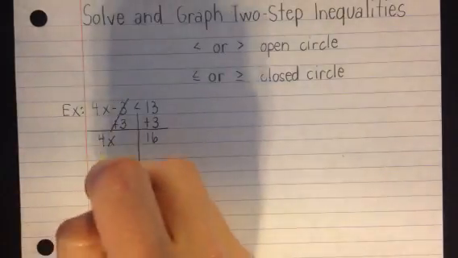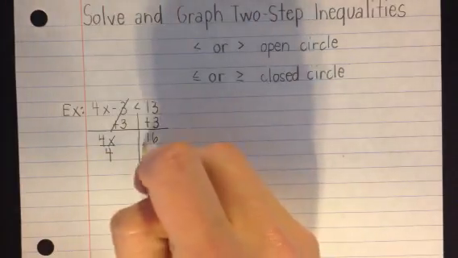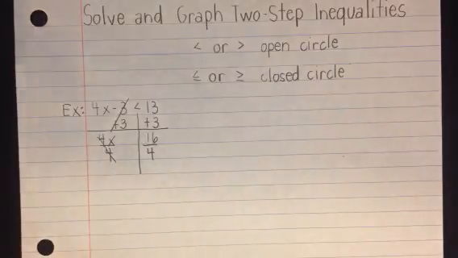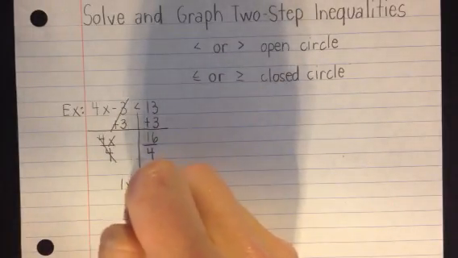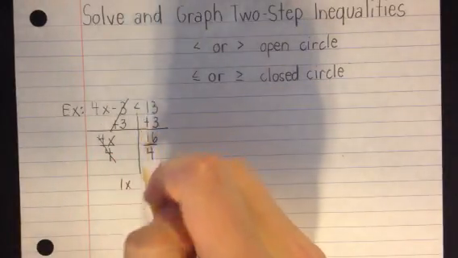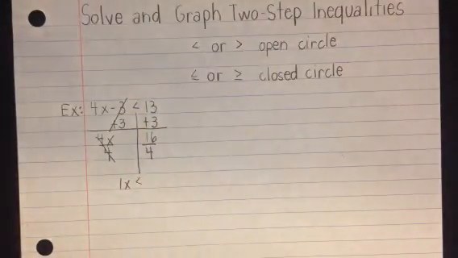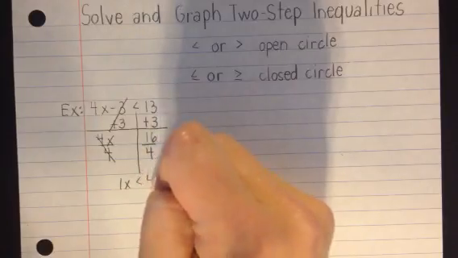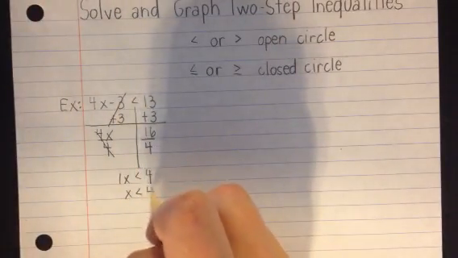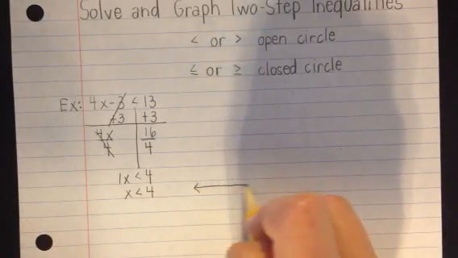Your last step here would be to divide by 4 because 4 over 4 reduces to 1. So you could write 1x or you could just write x, either way. And then our sign stays the same when we drag it all the way down. 16 divided by 4 is 4. So we get x is less than 4, and then we just go ahead and plot it on a number